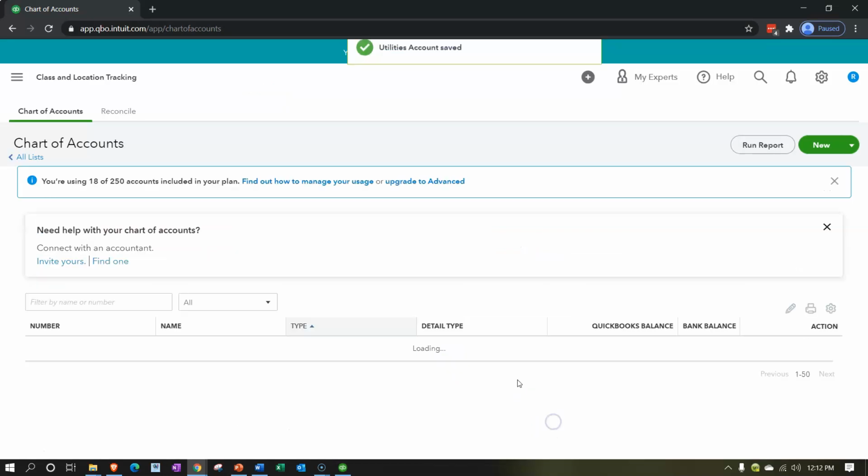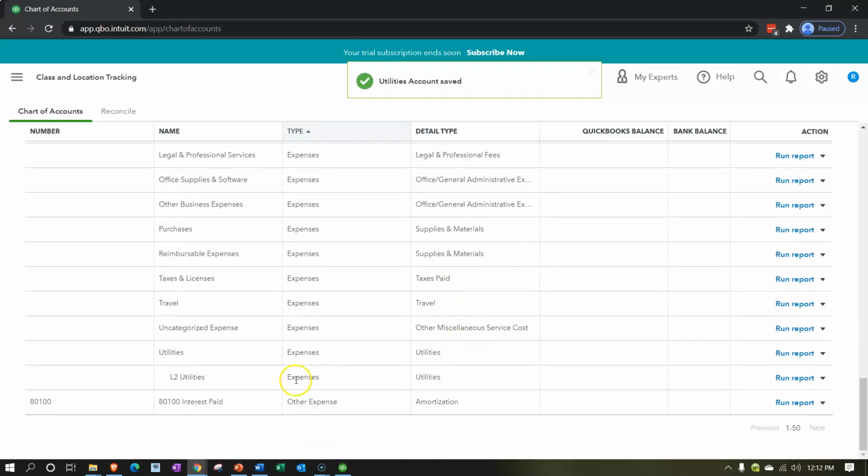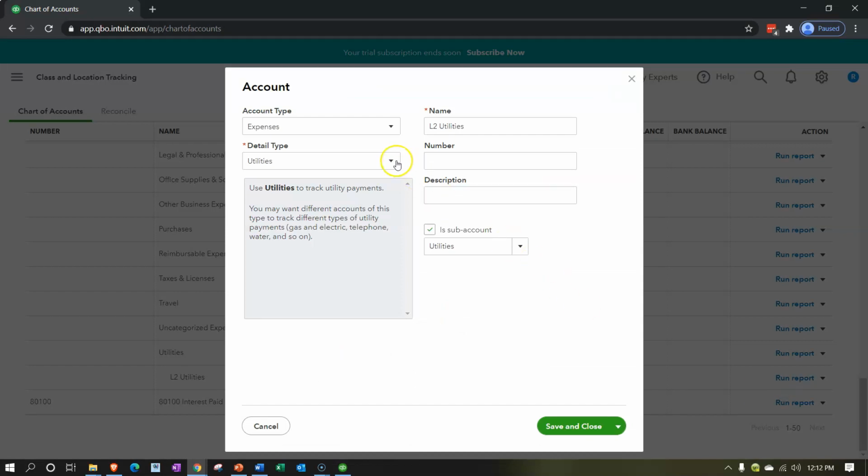And then save that, and I'll take that second utilities account and we'll repurpose this one, edit it, utilities, and I'm just going to call it utilities. And then I'll put this under the account number for 78600 sub account, but sub account of the 70,000 now. And then we'll